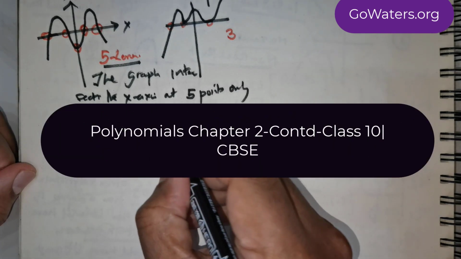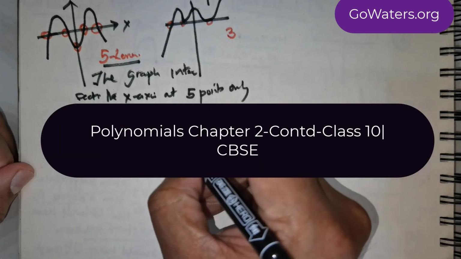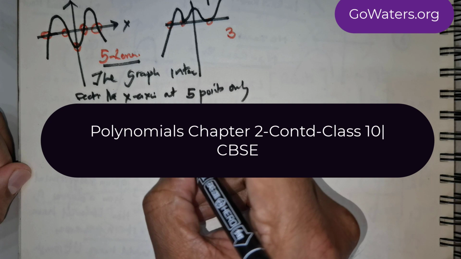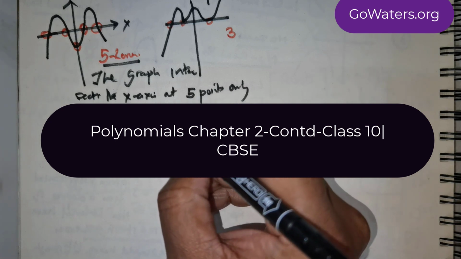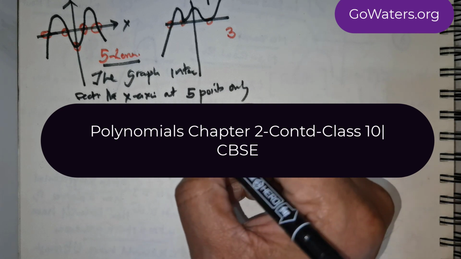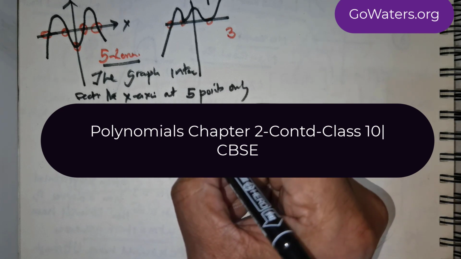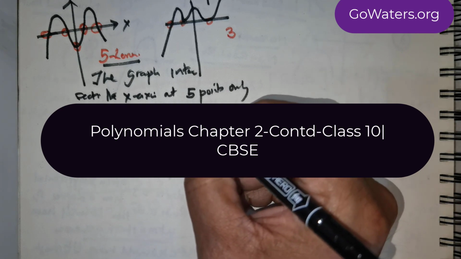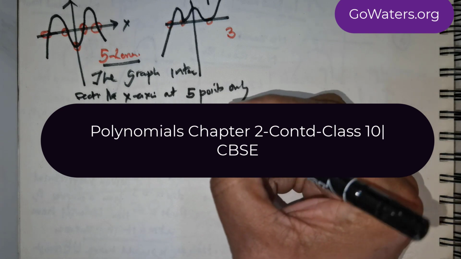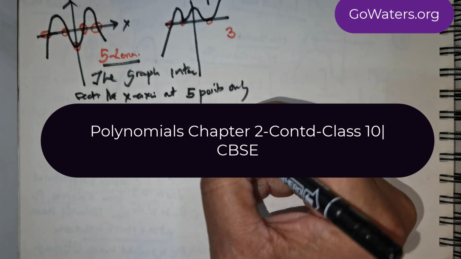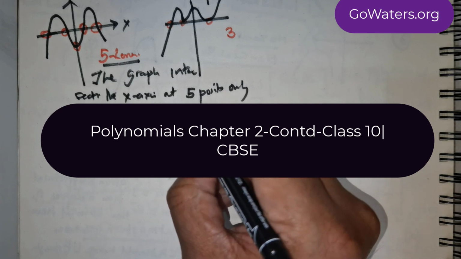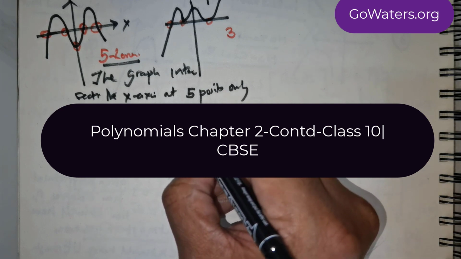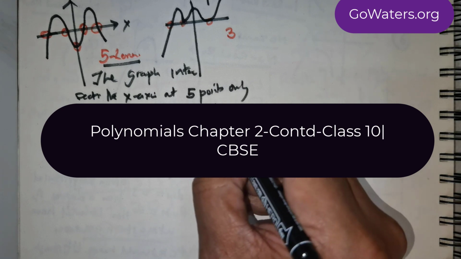Good day, students. This is the second class on chapter 2, polynomials, for CBSE students pursuing class 10, and it is also useful for class 9 students who are preparing for class 10. Having mentioned this, the title of this particular topic is relationship between